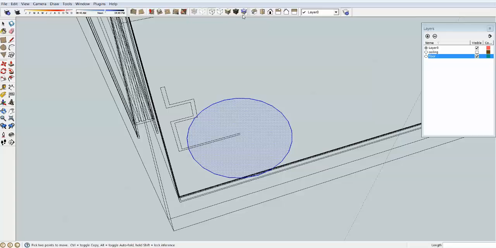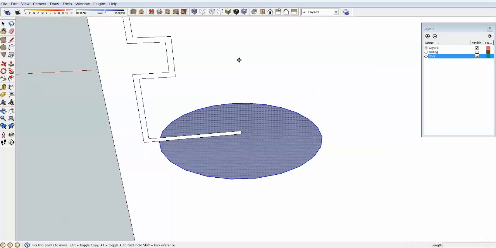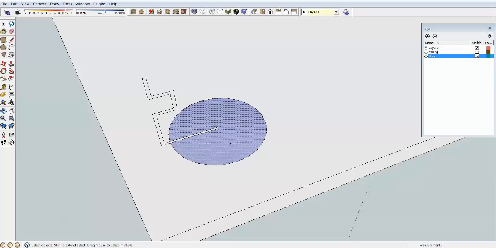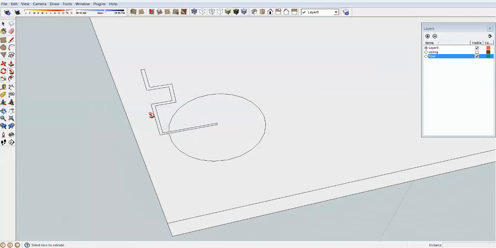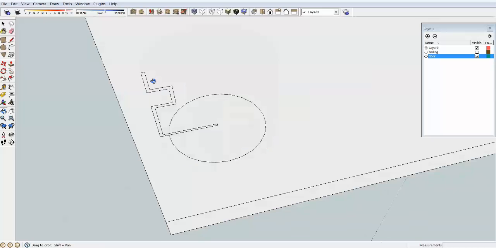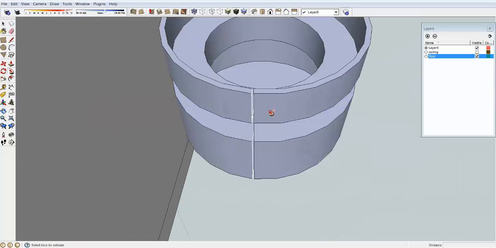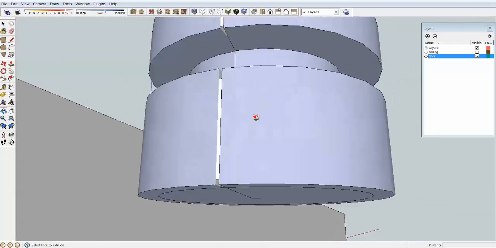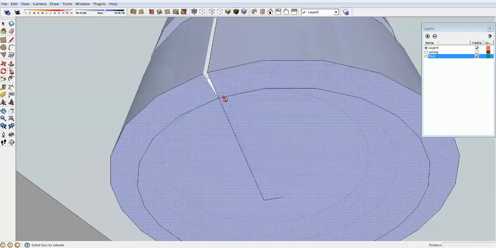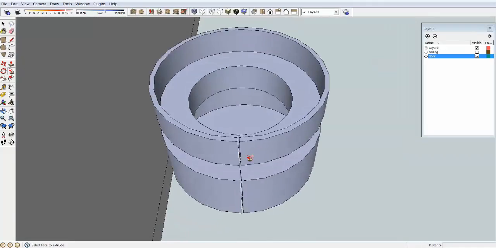Okay, and then you can go back to this mode right here, which is the second one from the right in this toolbar. So click here, and we can actually move. Oh, no, we can't move that now. I will select the face and delete it. We don't need that face, we just need that circle. We can take the follow me tool and we can now go around this circle to create something like that. Now there is a little bit of a mess at the end, that basically due to the fact that the circle is not perfect and it has segments, and because of that it was not able to close that